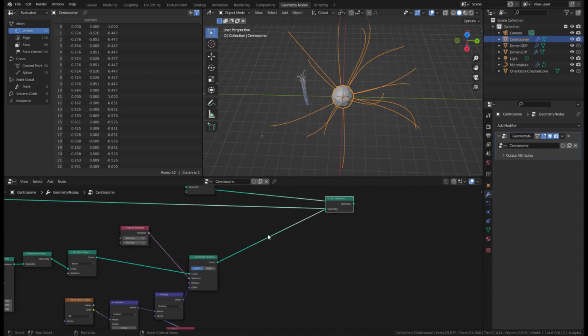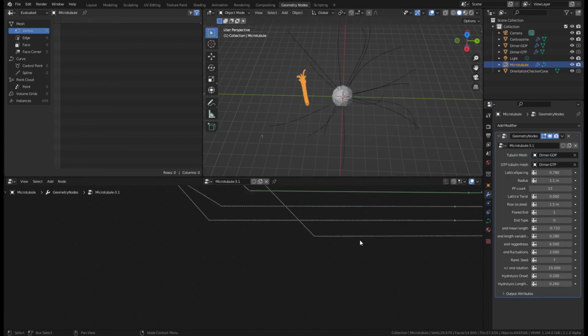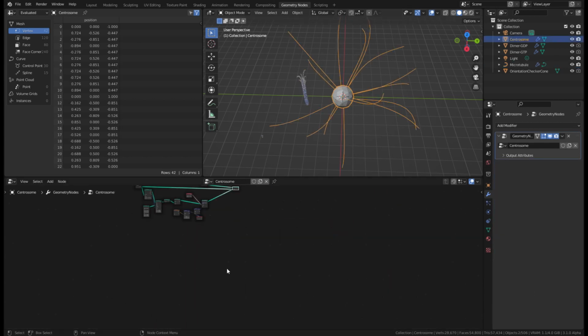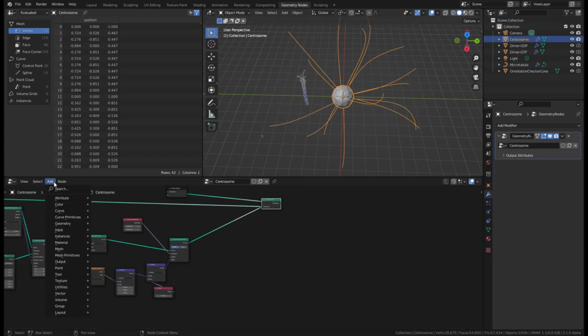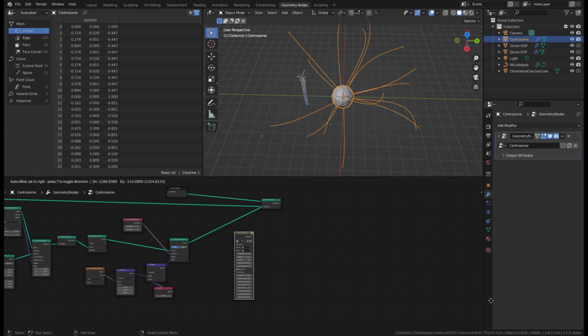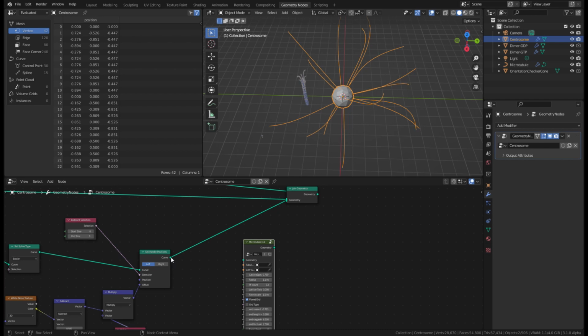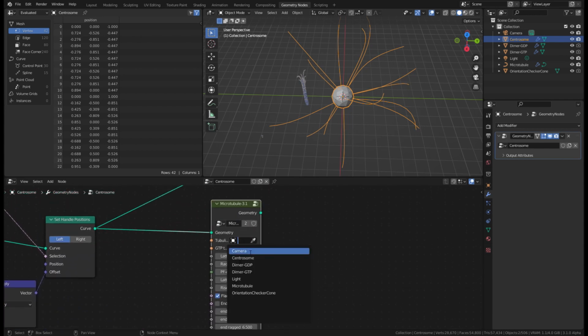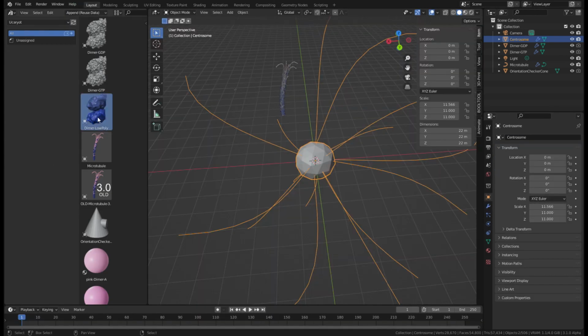And now we can simply drag in our Microtubule geometry nodes, this whole thing, as its own group into this scene. And if you just search for it, Microtubule, there we go. Right there. So we can grab the curve here and let's do some basic setup. I will take the, okay, back to the asset library and drag this one in,